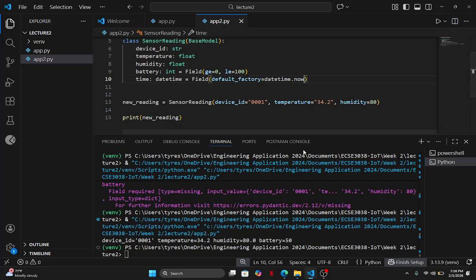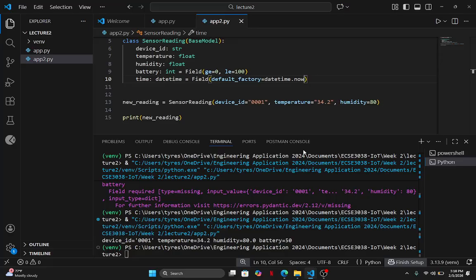The default factory and default are the same, except default expects a known value. Default factory expects a function. Because we can't type and say that the default must be February 4th, because tomorrow it won't be February 4th anymore. So we need Python to dynamically fill in whatever date it will be by using this function, datetime.now. And because it's a function call, we have to use the default factory instead of just using default. Default factory takes a function. Default takes a value. Yeah?